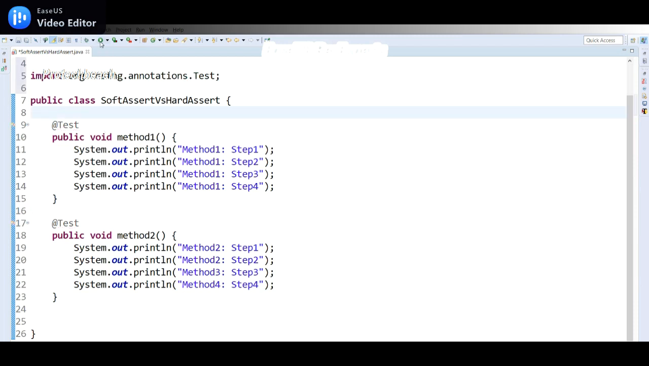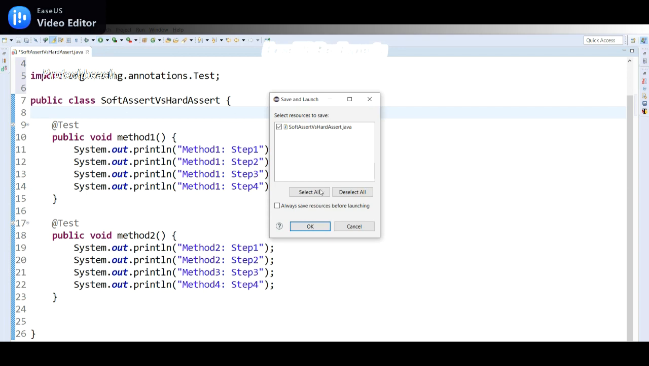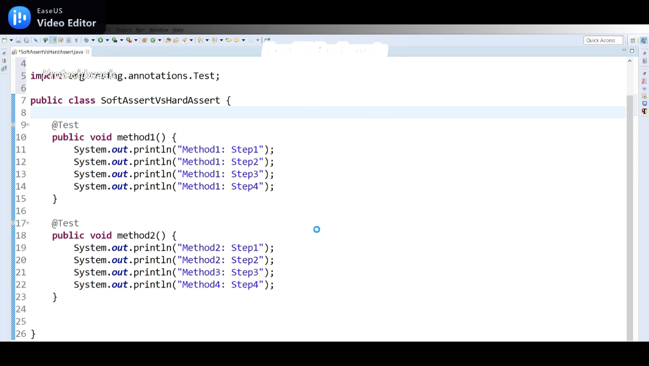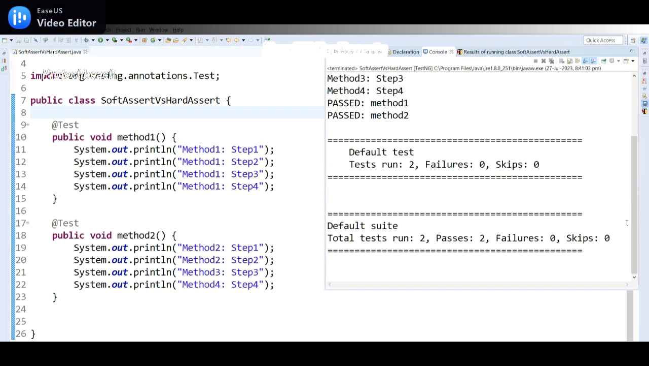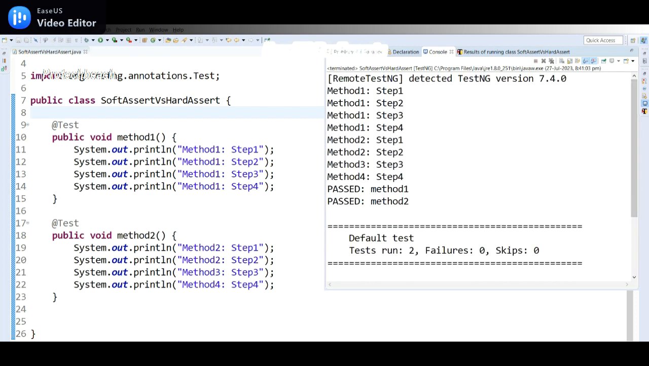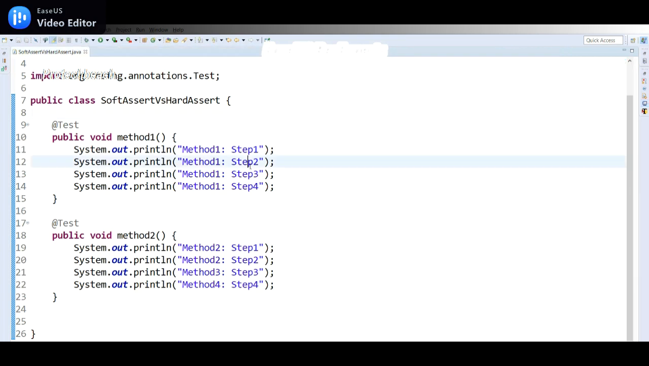Now let me run it just for checking purposes. I have two methods, and it is executing both without any conflict. It shows 2 run, 0 failed and 0 skipped. So 2 passed. From the first method it executed 4 steps, and the second method also executed 4 steps. Now what I'll do,